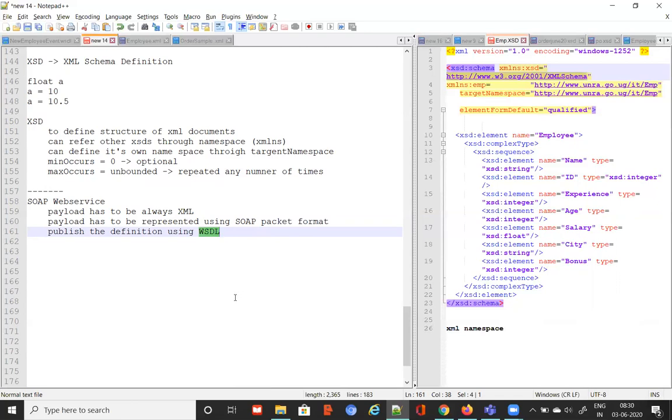Like your PLSQL package has a specification and also a body. When you give it to some other person, they need not open your body to understand. In order to call your package functions or procedures, they only have to understand the specifications of your function or procedure. If they really want to understand the logic, then they need to open the body.